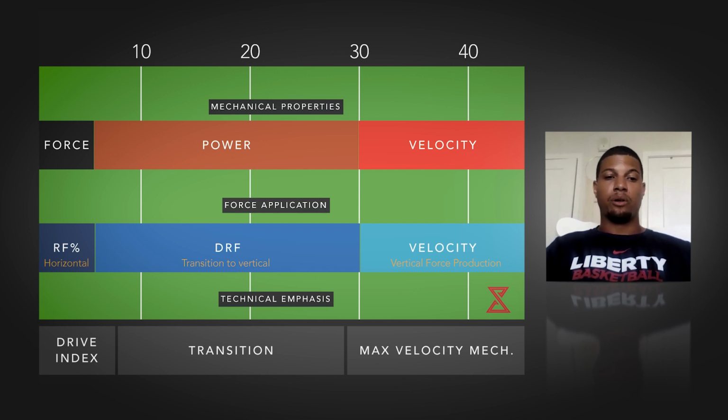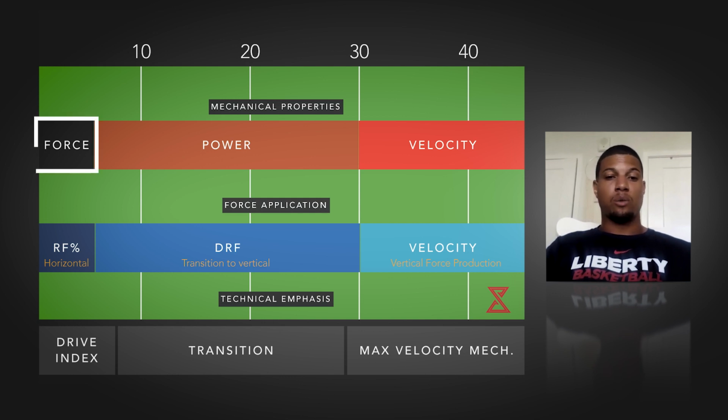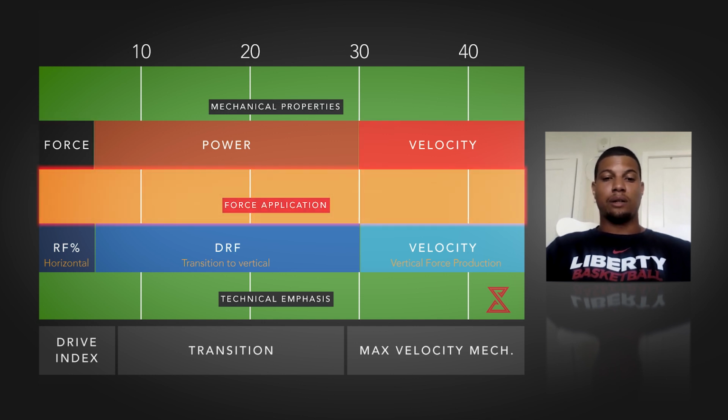But very important to understand that power is derived typically in a regular sprint right before 1 second. So around 0.8 to 1.2 seconds total, the athlete is producing their peak power, and then their power will drop off after that. So an athlete has force on one side and velocity on the other, and that gives us power. Second down there, looking at force application. So in the beginning, we know that the high ratio of force percentage is representative of an